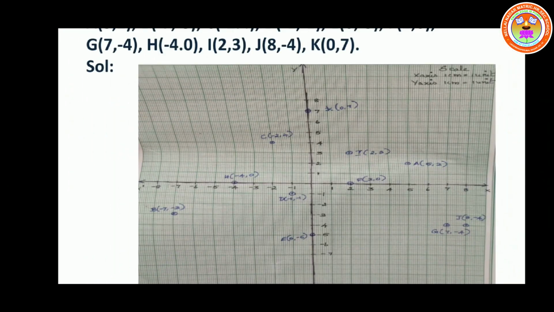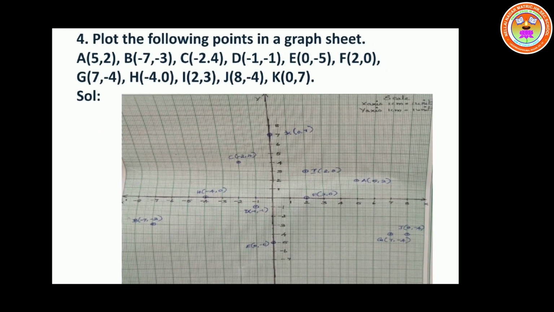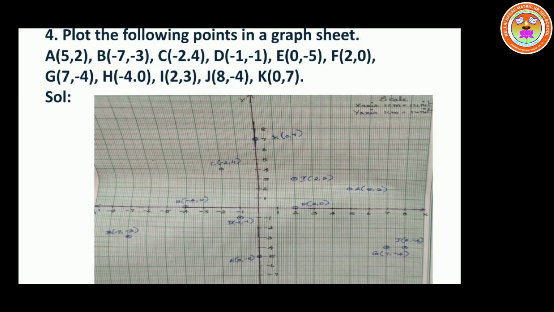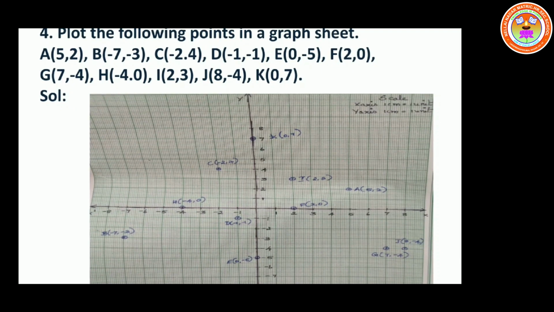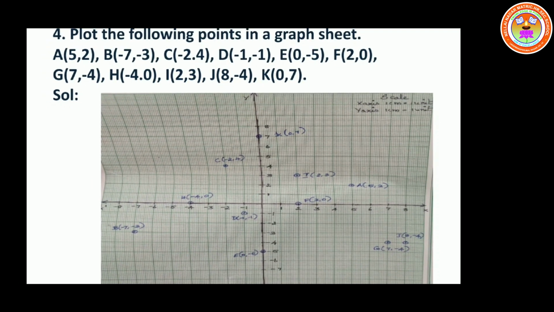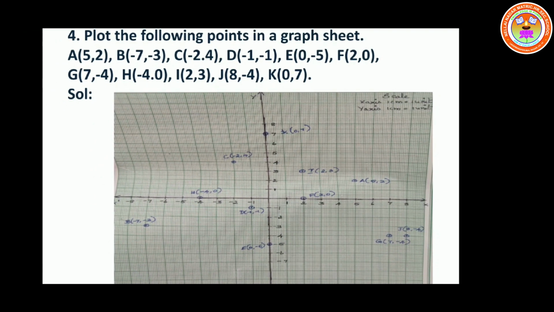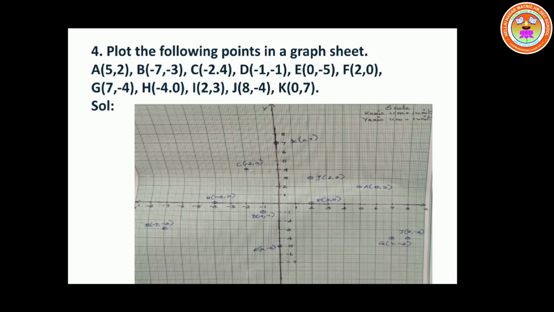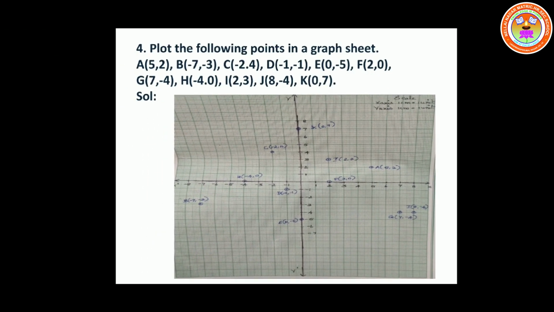So that's what we have just plotted, the points. And just look at the scale on the x-axis. I said which is the highest value and which is the lowest value, we have just found out, right? So from that we are going to write the scale. We have written the numbers 1, 2, 3, etc. So the scale for the x-axis is 1 centimeter equals 1 unit. Similarly for y we have taken the same thing. So on the y-axis 1 centimeter equals 1 unit. So this is how we have plotted the graph.